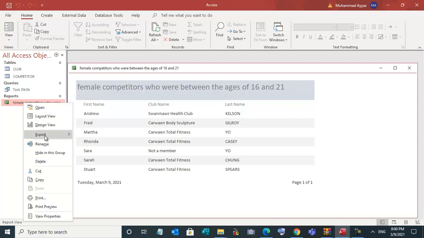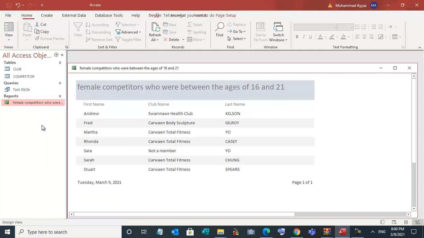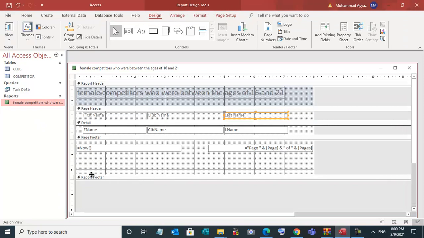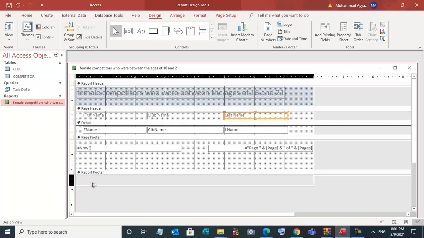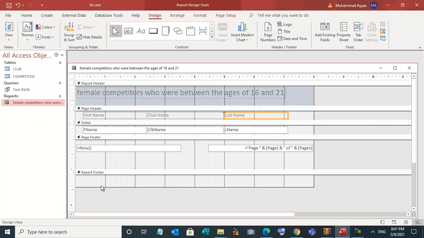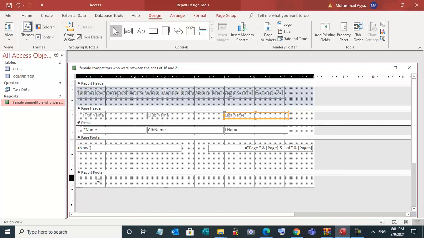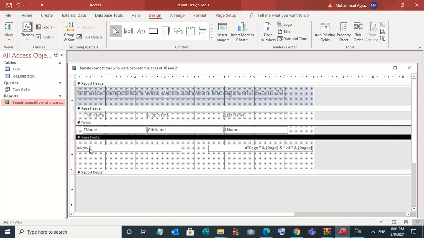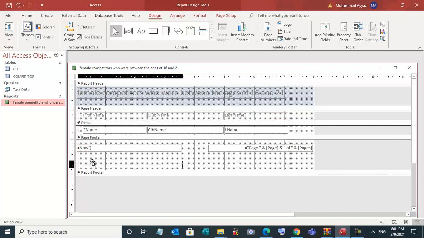So go to design view, and look here down, you can make some space. See, this area is here, so here we can write, but we will not write here, we will write here. So move this.